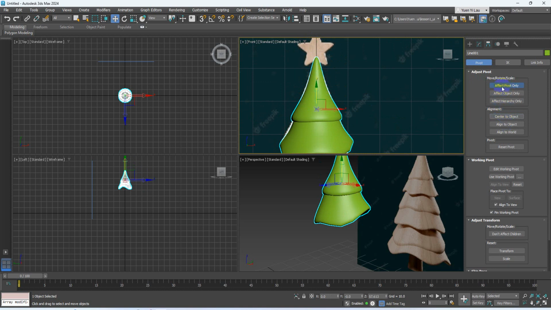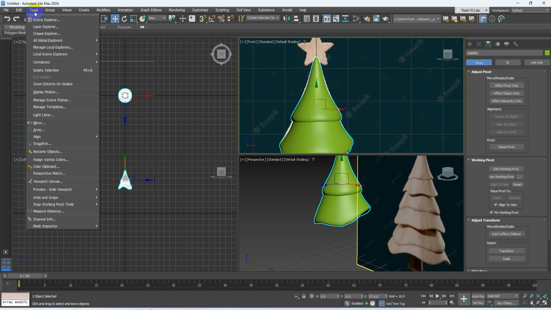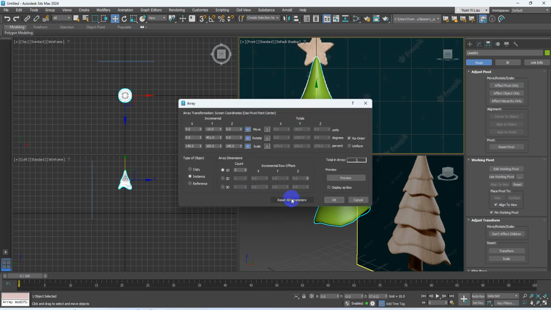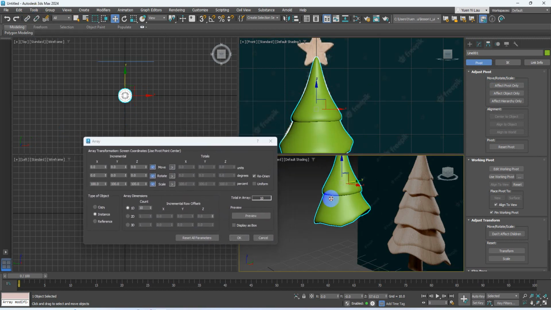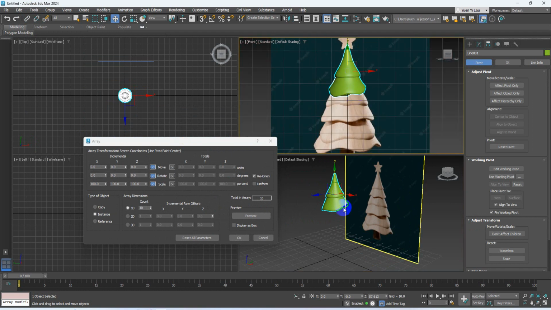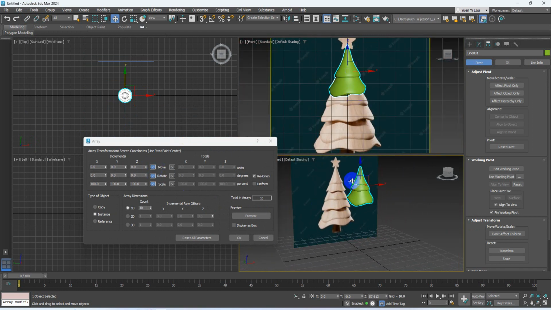After you finish the setting, please turn affect pivot only off, and then go to tools, array. I will set all the parameters first. Select your object. It depends on which viewport you are using. Now I want to duplicate along the y-axis right here. So I activate the viewport, the front view. Select your object. You can increase the move y,